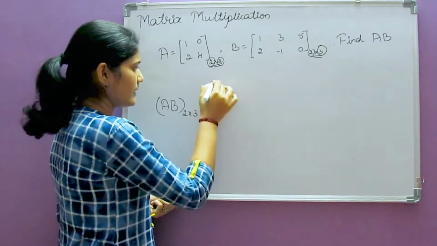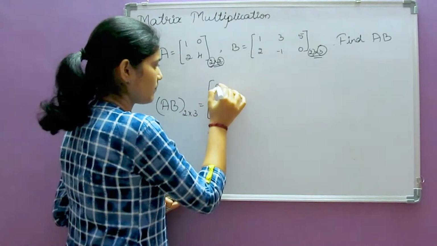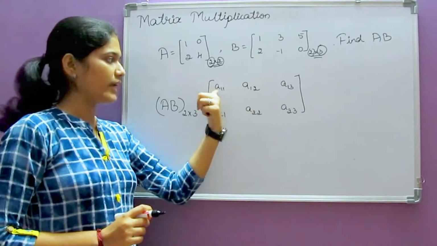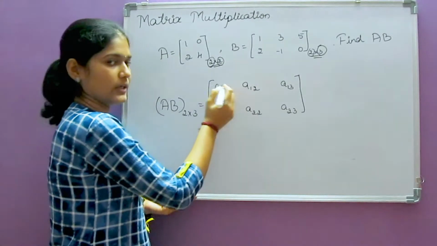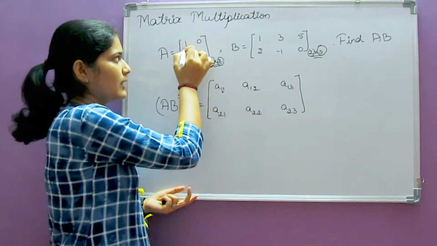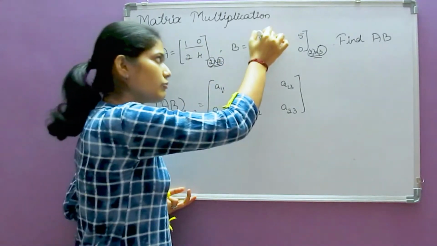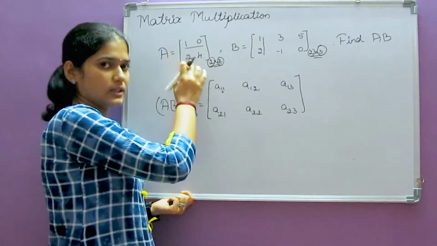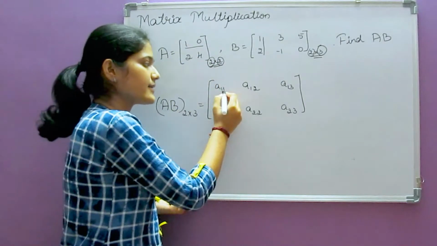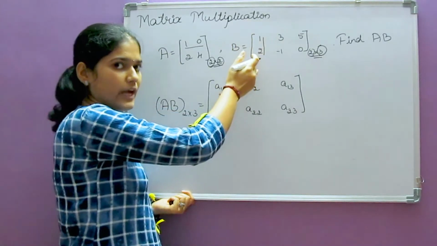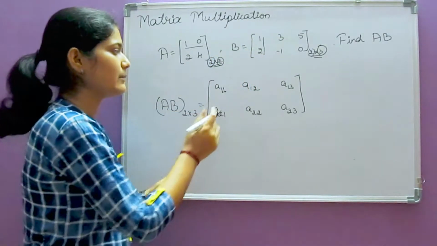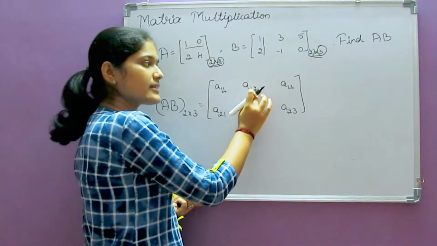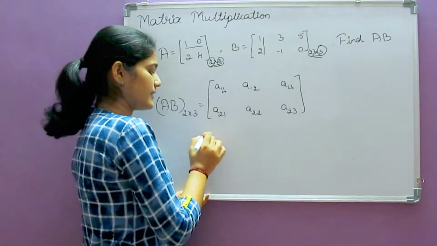So, the elements in this matrix will be of the form A11, A12 like this. Here, to find A11, we have to multiply, observe here, the first number, that is 1. Means we have to multiply first row with the first column. That means here 1 represents the row which we have to choose from the first matrix. And the second number represents the column which we have to choose from the second matrix. Similarly, A12 means we have to multiply first row of matrix A with second column of matrix B, like this.